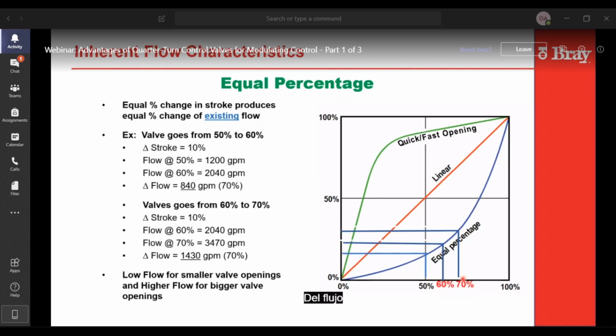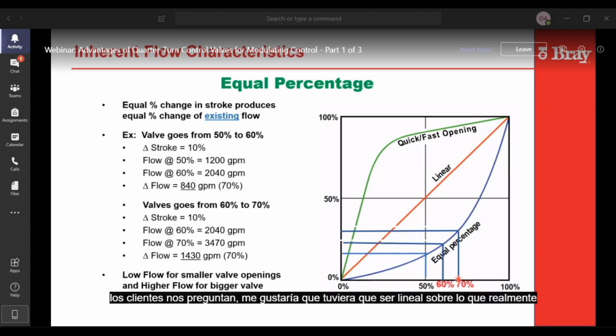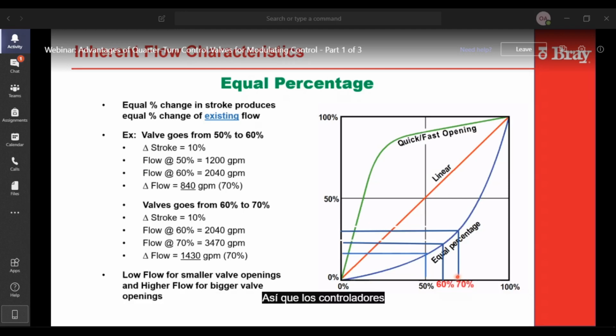I think there's a lot of misconception on the use of those characteristics. I find when customers ask us, I'd like to get a linear valve, what they're actually looking for is a linear process. Controllers work well when the process changes a certain amount and it creates a change of the same percentage amount.